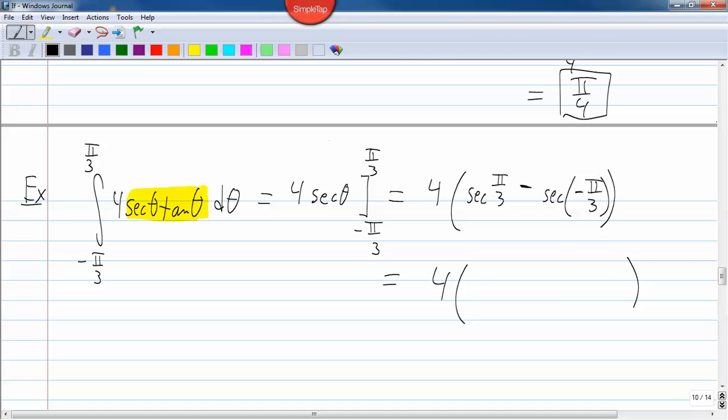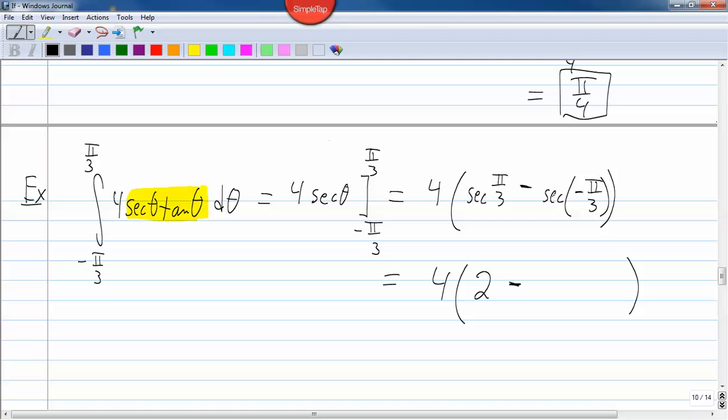Okay, so how do I find the secant of pi over 3? You say, what's the cosine of pi over 3? Everybody knows that's 1/2. The cosine of pi over 3 is 1/2. Take the reciprocal of that. So that's 2. Minus